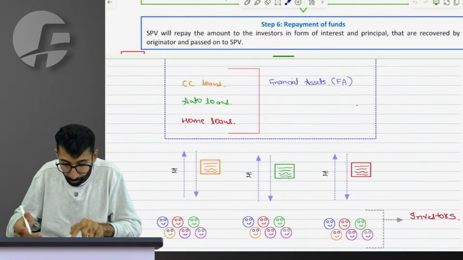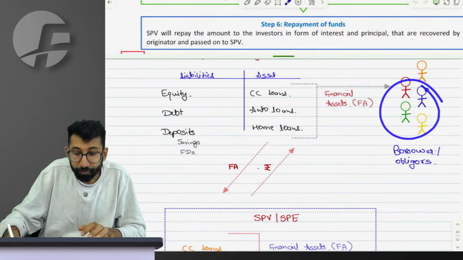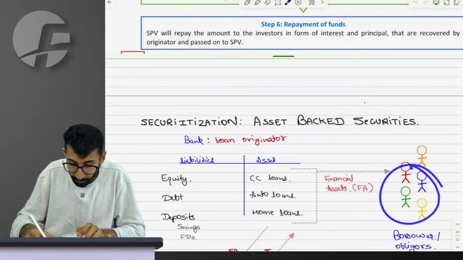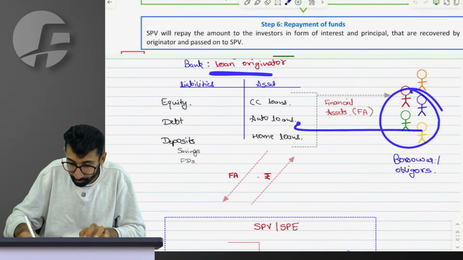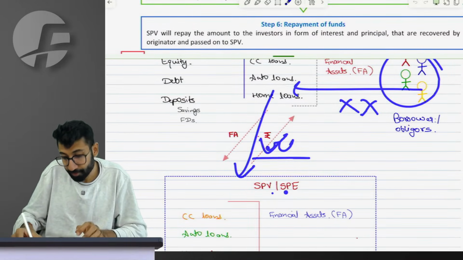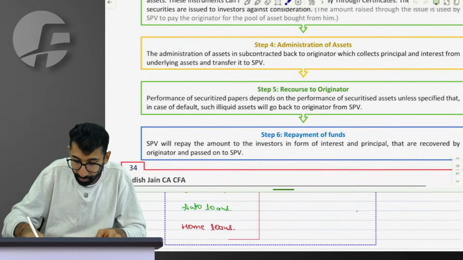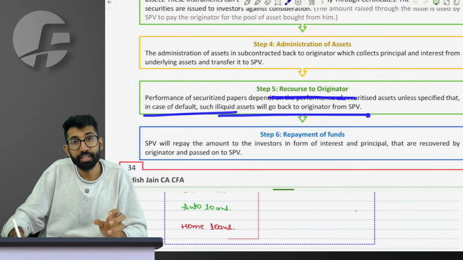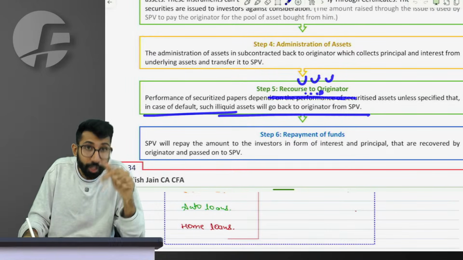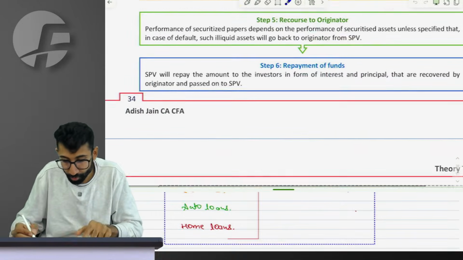Unless, people in the class listen to me, unless it is specified in the contract that if these people default, the loss will not be borne by the investor, the loss will be borne by the loan originator, which means if they don't pay, then also the originator will have to pay from its pocket to the SPV the amount due so that the SPV can pass it on to the investor. If these are the terms, then the risk is not with the investor. This is called recourse to the originator. This concept of approaching the originator in case of default by the borrower or the obligor is called recourse to the originator,